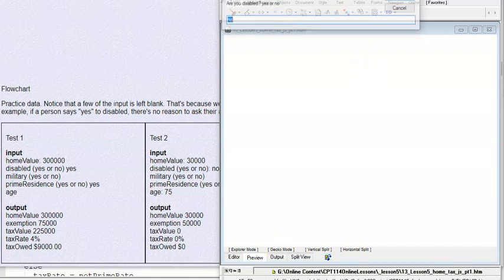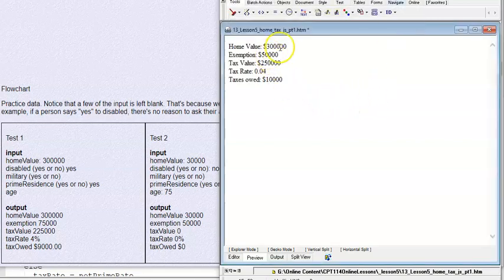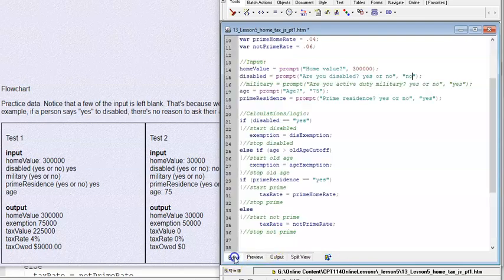Okay, 300,000. I should have put 100,000. Not disabled, but 75. So that's going to give them a $50,000 exemption, and their residence is there. So 300,000, we exempt 50,000, that makes it 250,000, and 4% of 250,000 is 10,000. So we can see that that is also working, but we're not done, because the problem is I shouldn't be